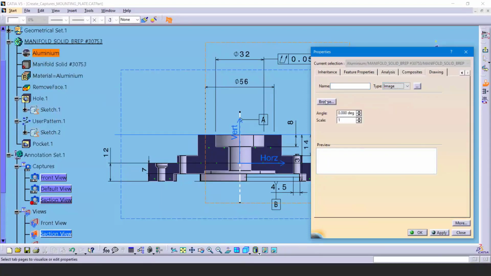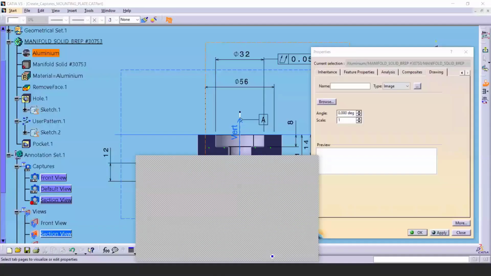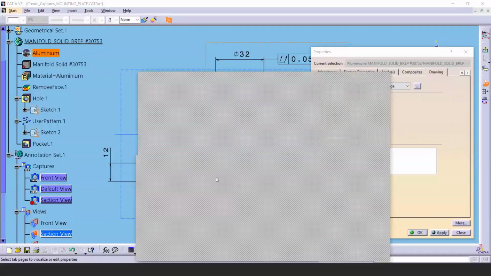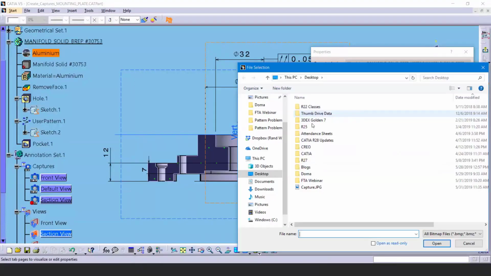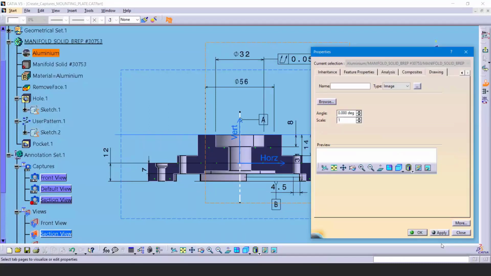I don't have an image. I just don't have pictures on my work computer, so let me just make one really quickly. So I'm going to click on the snipping tool, and I am just going to snip the little view toolbar down at the bottom, and I will save that as a JPEG, and I'll just save it here on my desktop. And so now if I hit Browse and go grab that and then open it up and then apply it,